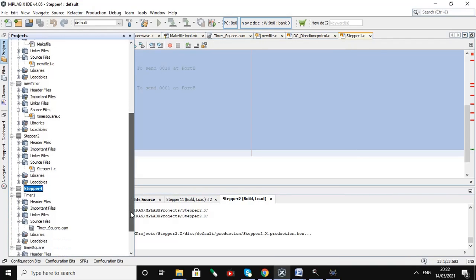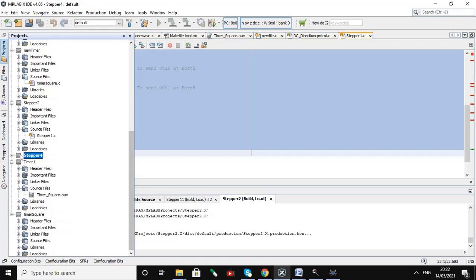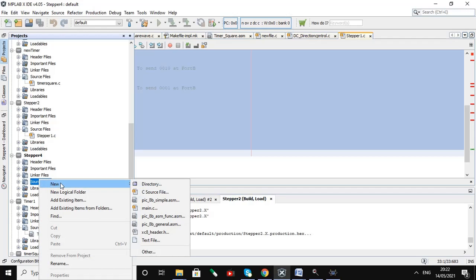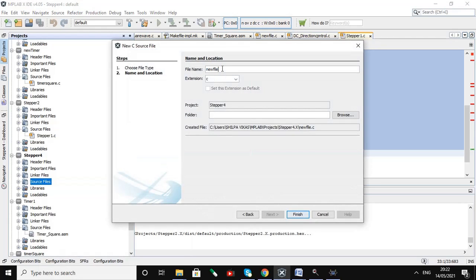Now all the previous projects are open. So here click on our current project, click on Source Files, click on New, and you will get the C source file. Name it new stepper, click on Finish.